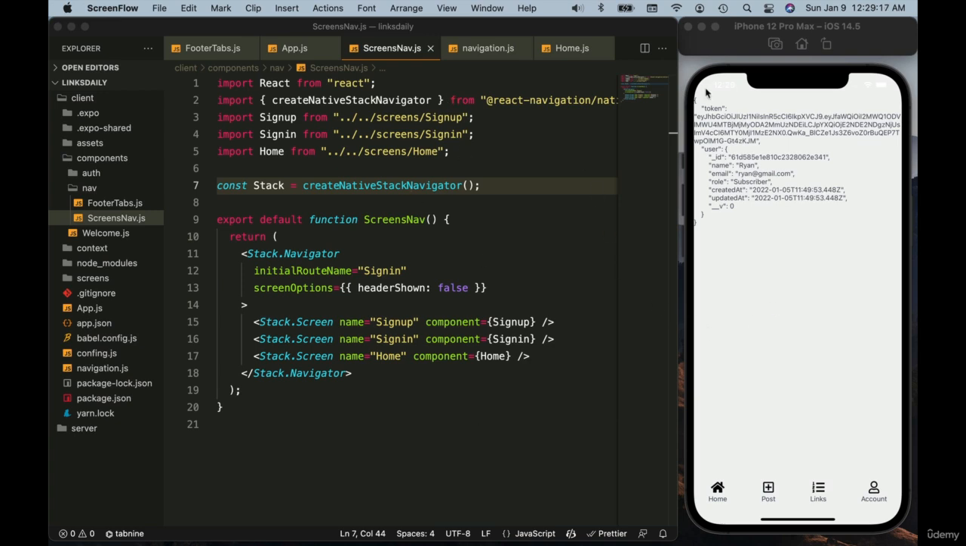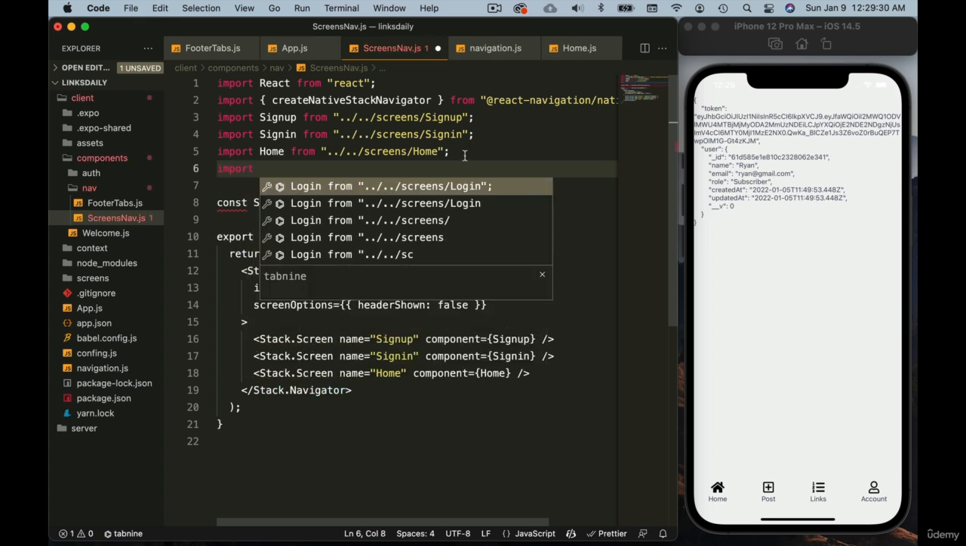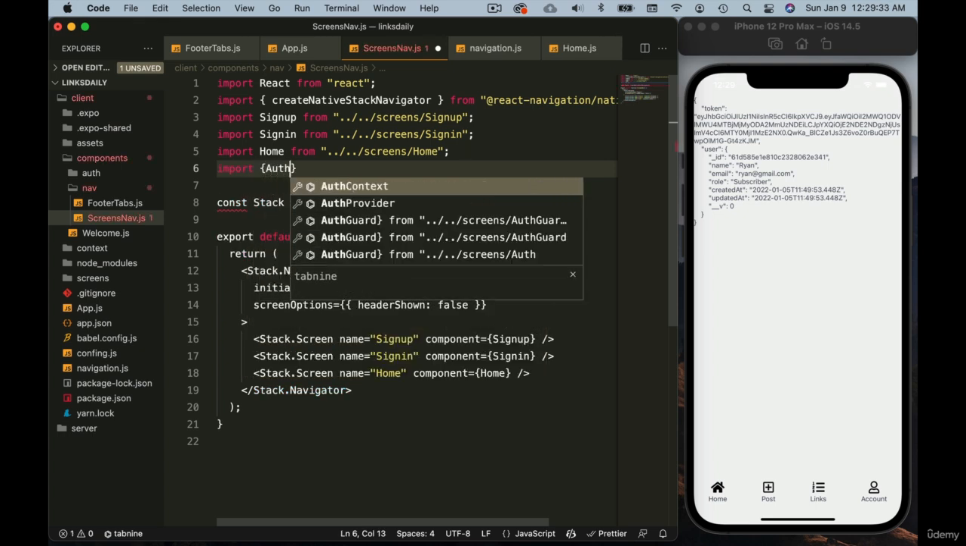Alright, so let's work on projecting routes. So for the logged in user, we show home. For others, we show these sign up and sign in. So for that, we need to import context. So we need to access the user and token from the context. So import auth context